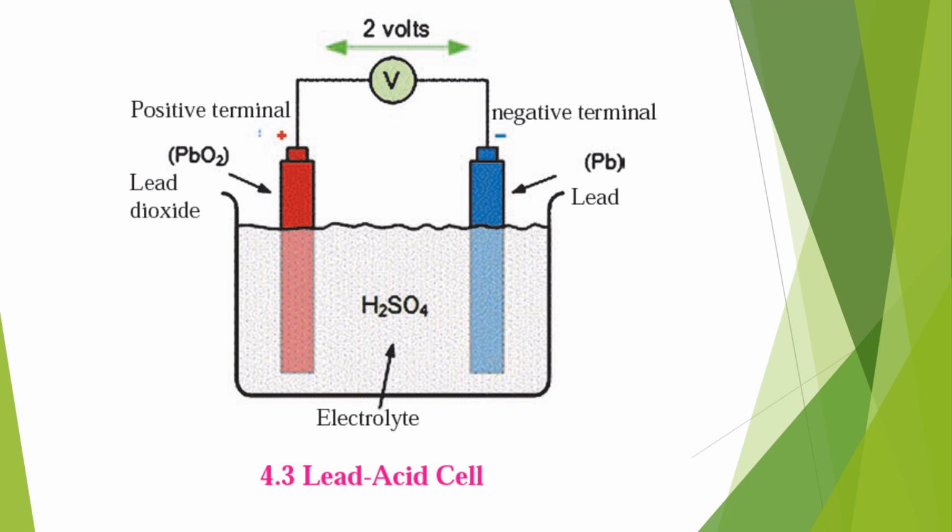The lead is the negative electrode and lead oxide is the positive electrode, and they are dipped in a solution of sulfuric acid. The potential difference between them is 2 volt, and that is why it is written as 2 V on top. The capital V denotes volt, or potential difference. What happens is, because of the movement of charge between them, a large amount of current is generated. This large amount of current is the main reason why it is used in cars, trucks or motorcycles, and also it has the advantage that it can be recharged.